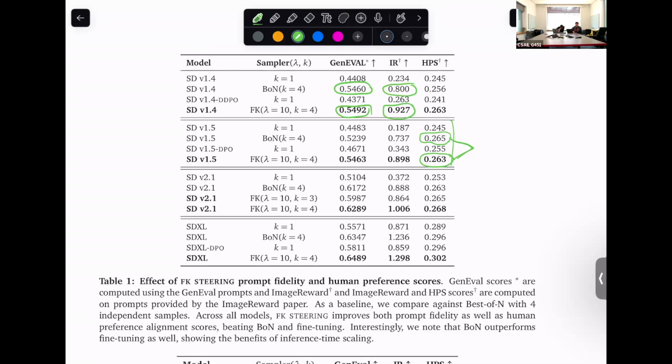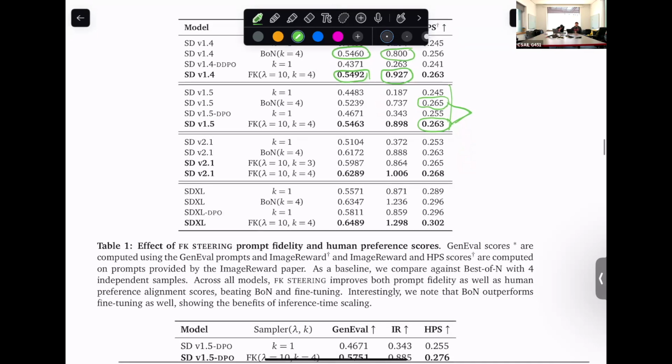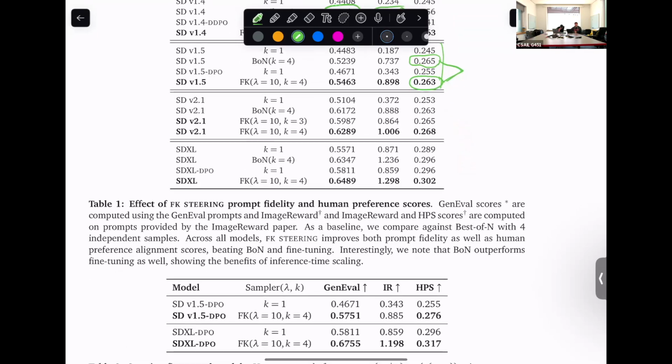But yeah, so both best of n and FK steering seem to just both do far better than the base model. But in a lot of cases, it's not clear to me how much it exceeds best of n. If you always only look at your mean performance, then you would miss the advantage that you get out of best of n sampling. And I feel like the image people, when exploring their architectures and so on, they never looked at best of n